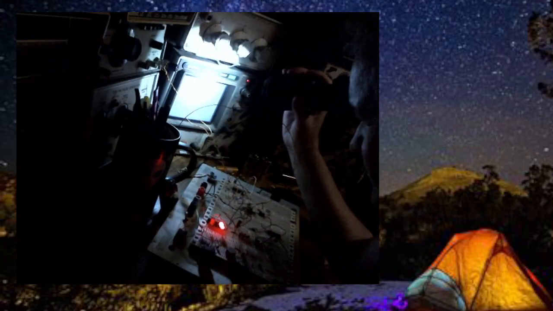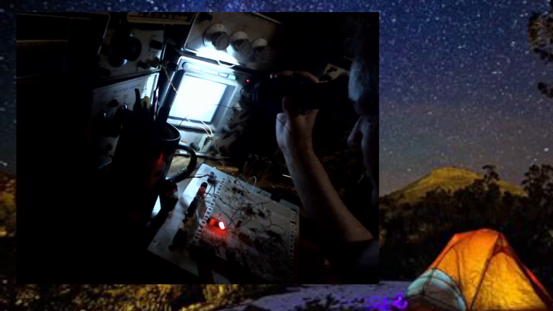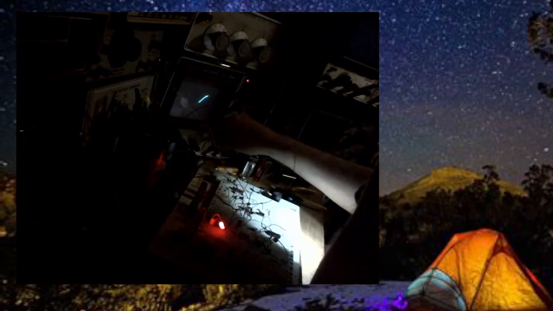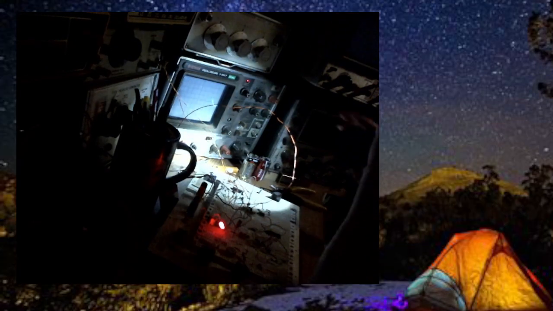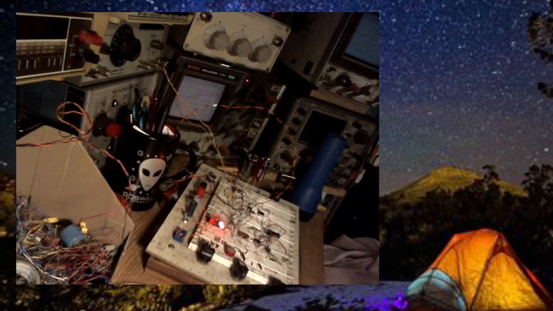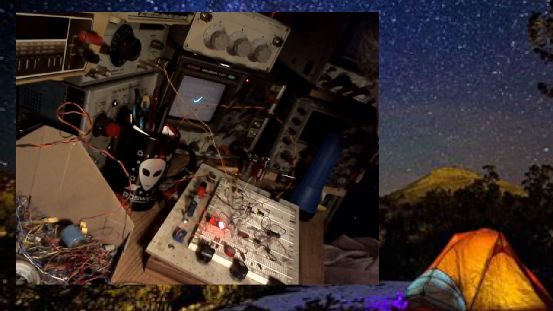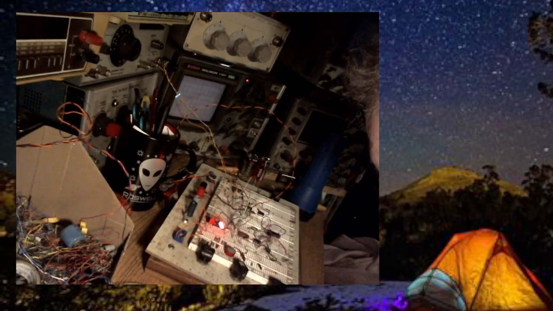And that level, it? 300 millivolts peak to peak, or thereabouts. And it's a low frequency, so I can actually see it modulating. So, now we know that that diode,